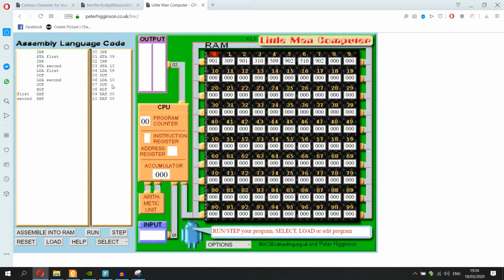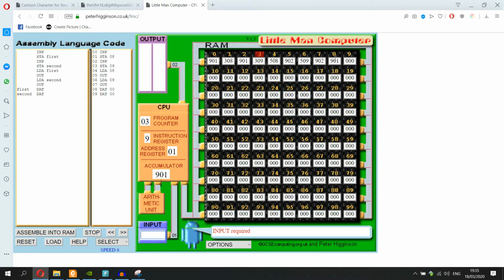What would happen if I stored as my first number the number 901 and I didn't put the halt, is the program would carry on, it would output that number, and because I'd stored 901 as first, it'll get to the ninth box and think I need to take another input again. So if I just show you that running, I'll speed it up until we get to the second input. So if I put in 901 here,